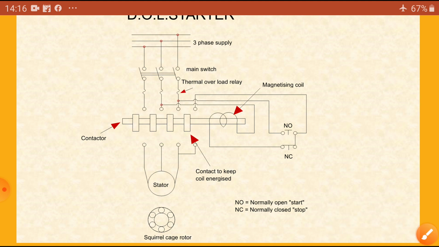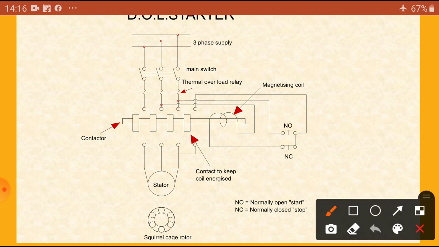What will happen under the normally open condition? The motor has a rotor and a stator. Under this condition, no current is flowing from this side to this side. These switches are open. But you can see the magnetizing coil, which has two terminals.